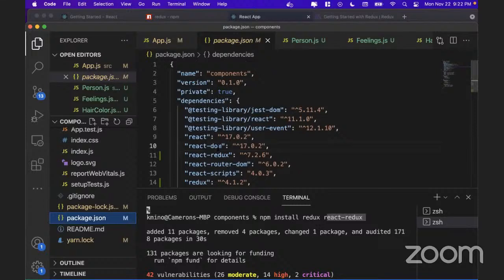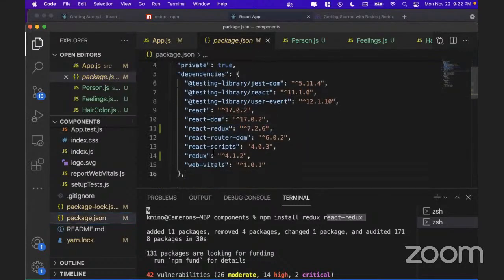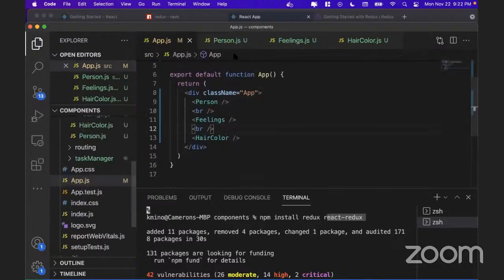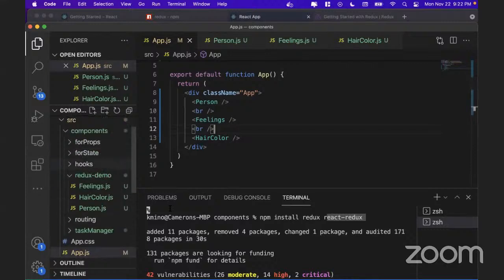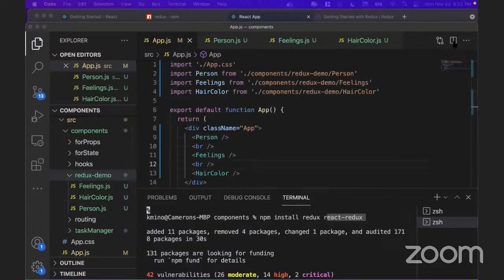Okay, so I got React Redux in here and Redux in here as well. Cool. Like I mentioned, there's three important concepts you've got to understand with Redux. Those concepts are the Redux store, the reducers, and actions. So let's first talk about the Redux store and how we use it